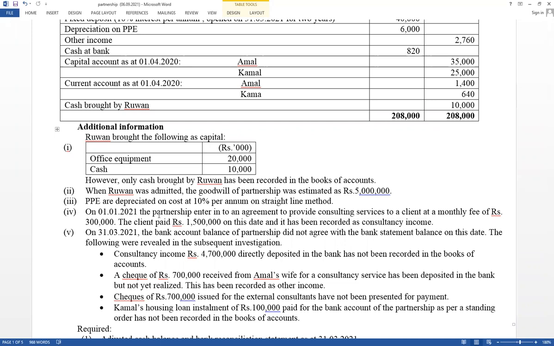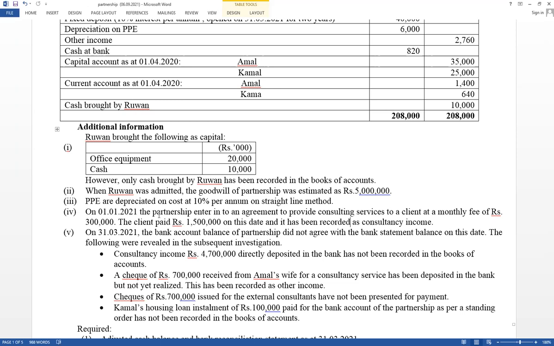Monthly fees equal 300,000. But client paid 1.5 million. මාසෙකට 300,000 ගානේ 1.5 million කියන්නේ මාස 5කට. But relevant for this financial year only 3 months. Total value cannot be considered as income. As income, you have to consider only for 3-month period. But client paid for 5-month period. මාසෙකට charge කරන්නේ 300,000. 1.5 million හම්බෙලා කියන්නේ මාස 5කට අපිට හම්බෙලා තියෙන බලන්න. But as income should be considered only 3-month value.